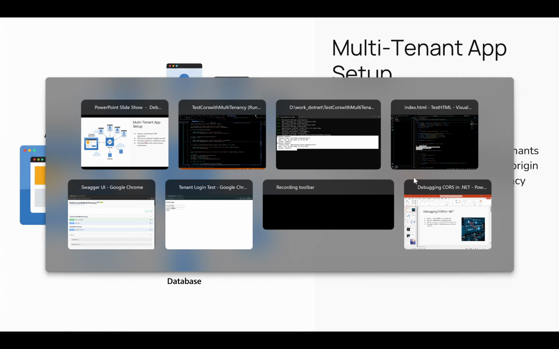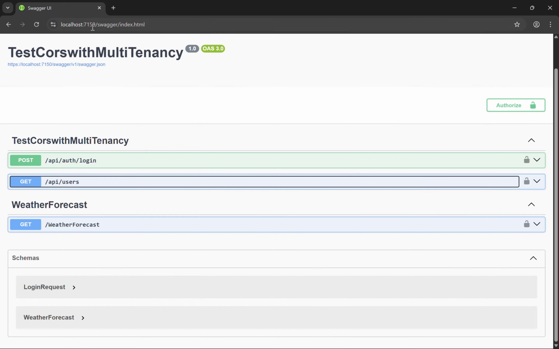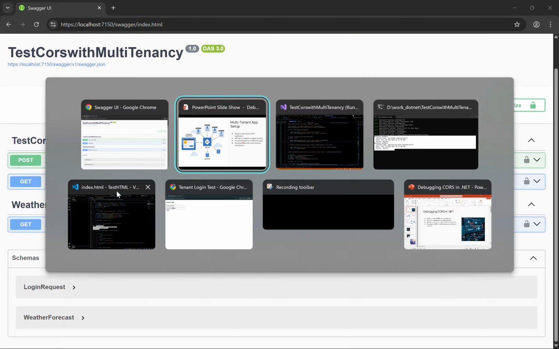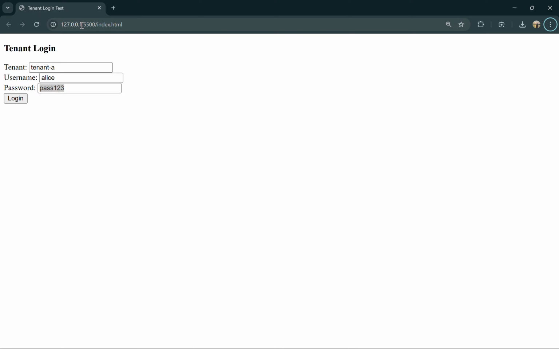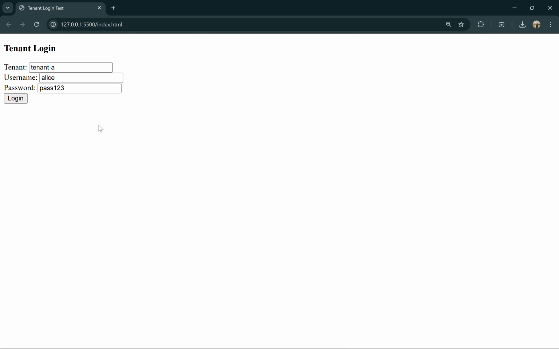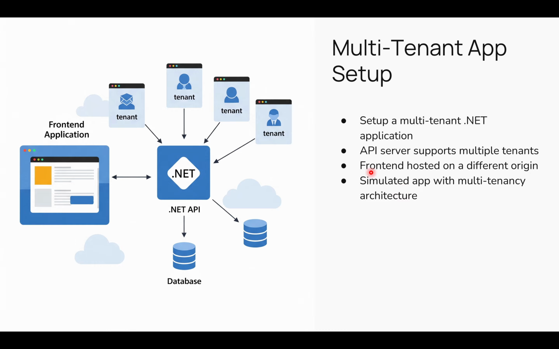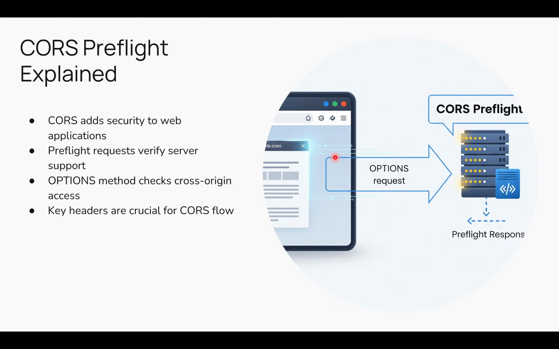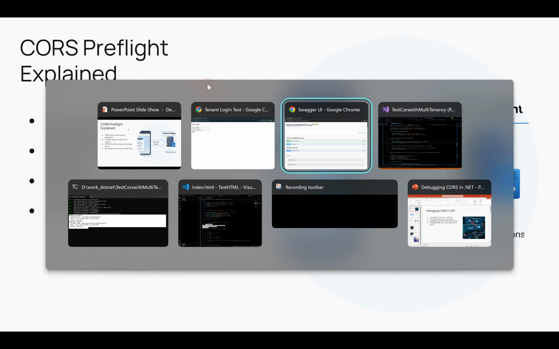And then the front end is hosted on a different origin. As you can see, our Swagger is on 7150, but our front-end application is on localhost 5500. This is run using Live Server via VS Code. So this is a simulated app with multi-tenancy architecture. And then moving forward, let's try to understand what pre-flight requests are. So CORS basically adds security to web applications, and the pre-flight request, if we try to understand,